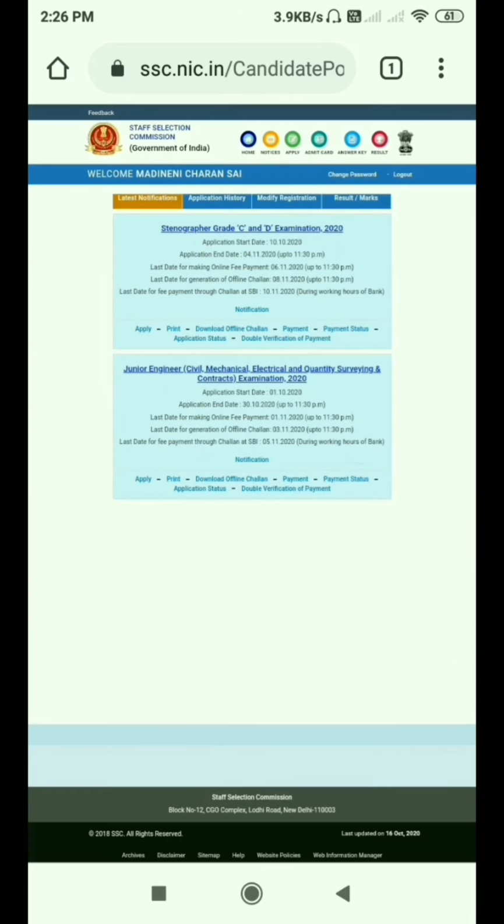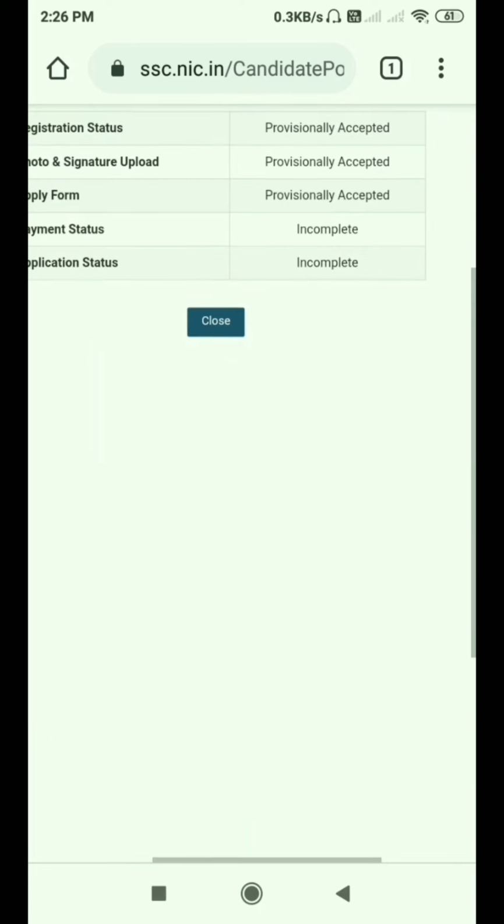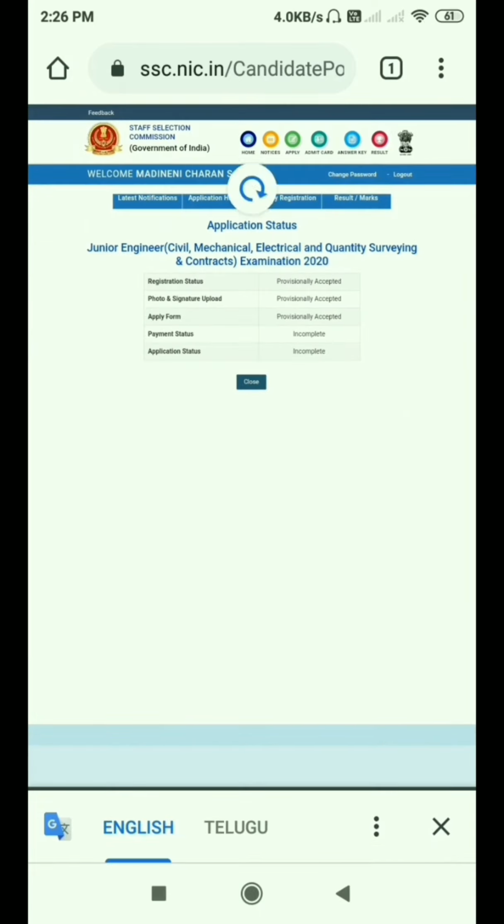Again I log in, and go to the application status, and here my payment status is still incomplete. So I am waiting for 24 hours. Before 24 hours it will complete, I think. Wait. If you make any mistakes, I am not responsible. This is my application, and I think this information is shared with you for knowledge on filling the online application. If you don't have trust, go online and apply without any risk. They will apply clearly also.